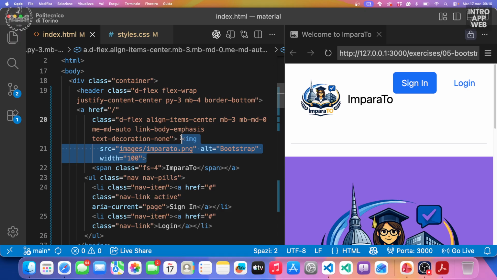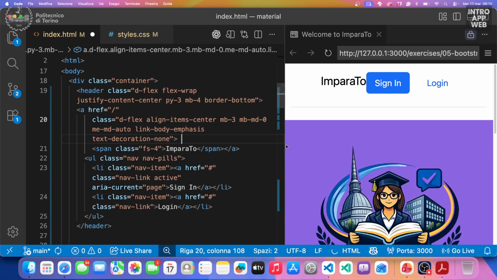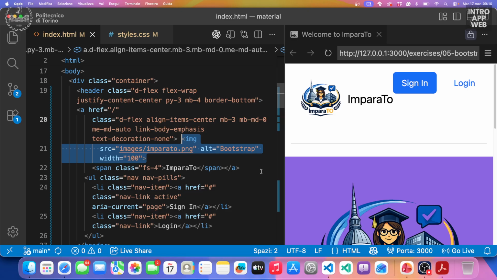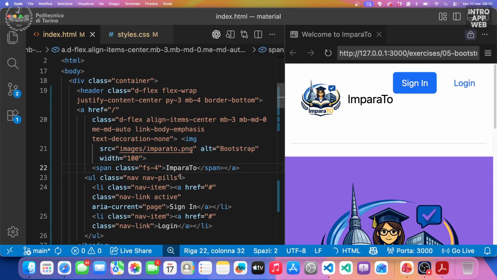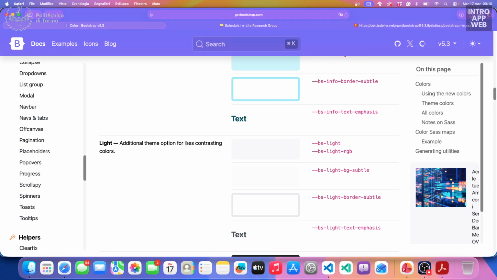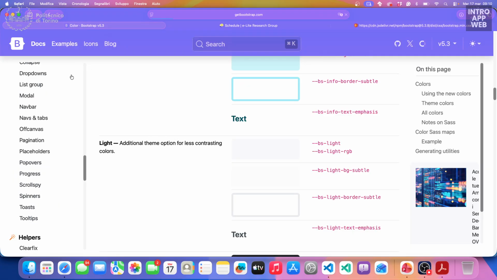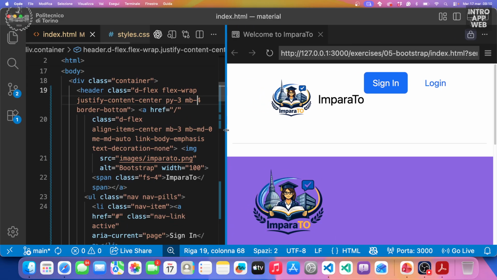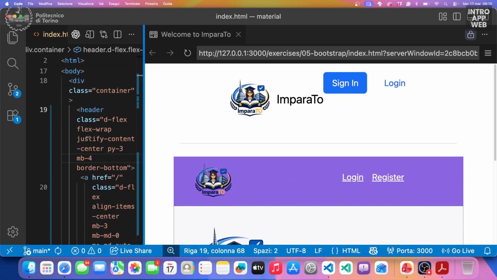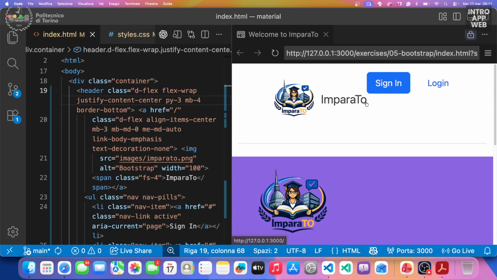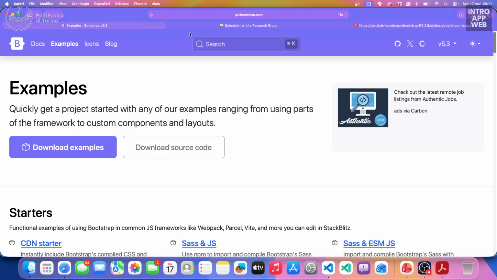Does it work for you? Everything? No, because I'm trying to figure out why, for instance, this one remains stuck to this one. Because in the original example, I think it was